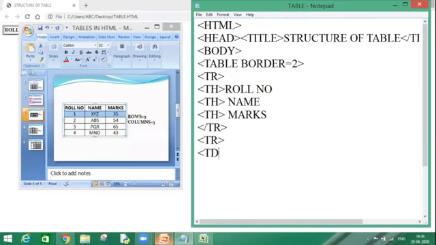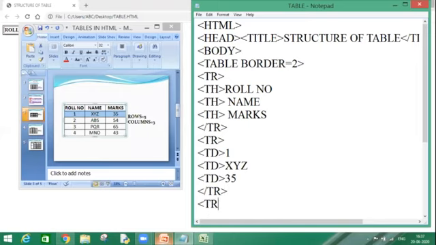Right now, I will not use my TH tag, but I will use my TD tag, because in my second row, I am going to enter simple data without bold effect. TD 1, second partition TD, it's XYZ. Third partition is TD, which is 35. Now again, my second row is over, is completed.